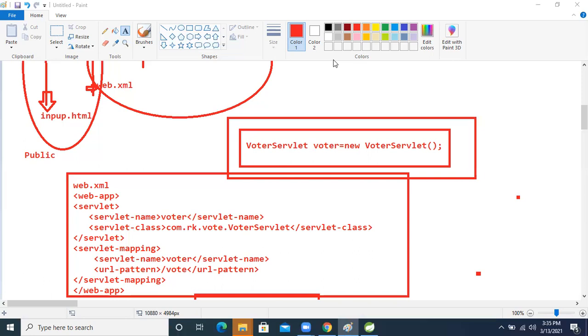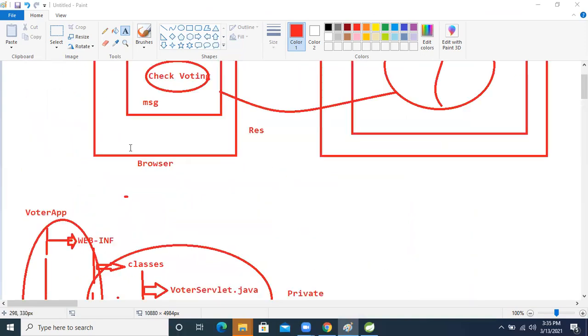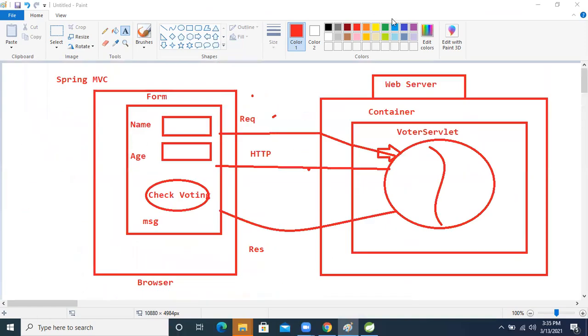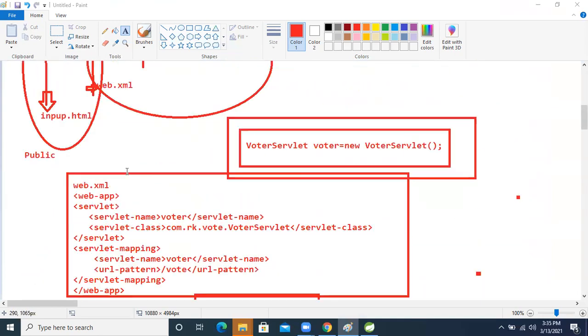So tomorrow we will start Spring MVC. I needed this, because of that I explained this first servlet application. Do the practical. Tomorrow we will start Spring MVC, and I'm stopping here. Tomorrow Sunday is also a holiday, so those people will be free, and we will learn Spring MVC in a good way. To start Spring MVC I needed this one, because of that I explained it. So let's stop the session today.